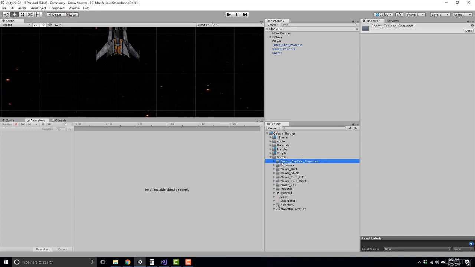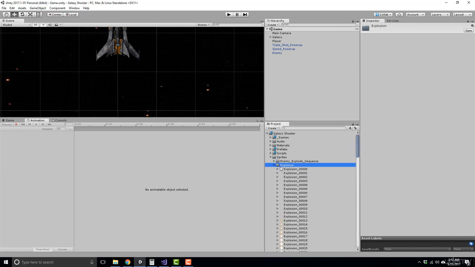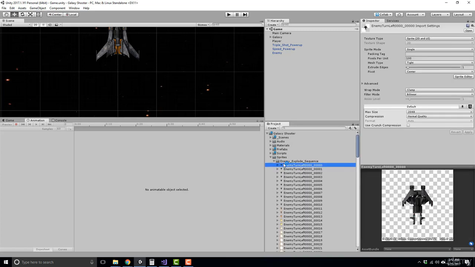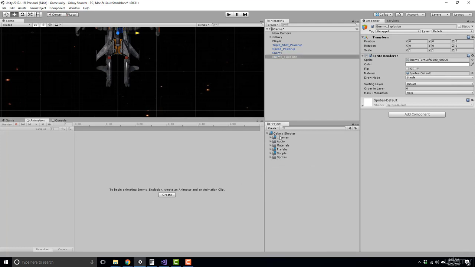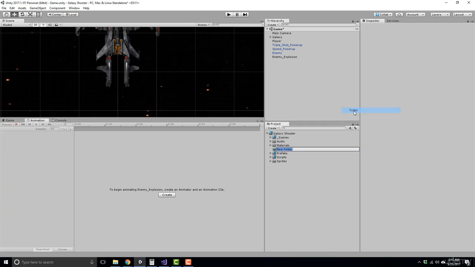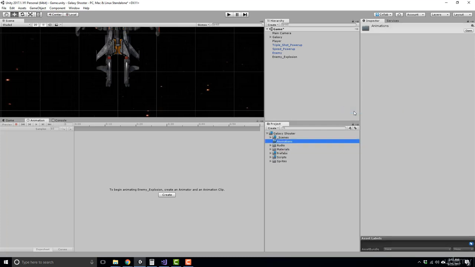First thing to do in order to get started, let's do the enemy explosion first. You're going to take the first frame, put it in here, and call this enemy_explosion. What I want you to do next is create a new animation clip. To keep things organized, go ahead and create a new folder, and let's call it animations. When you create an animation, it's going to create an animation clip,